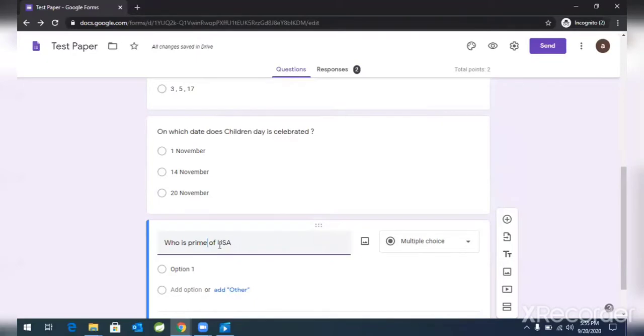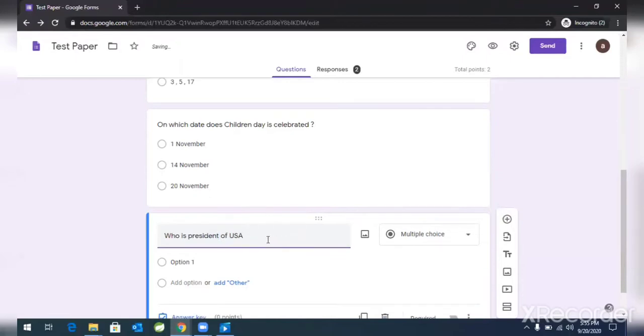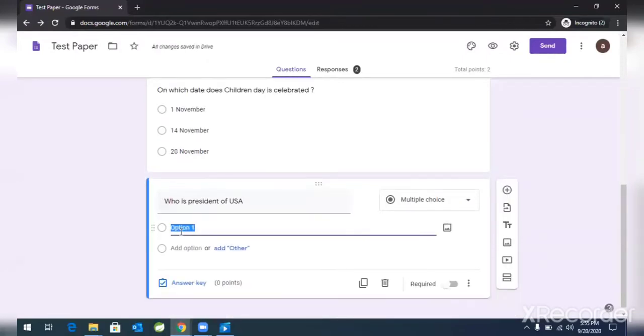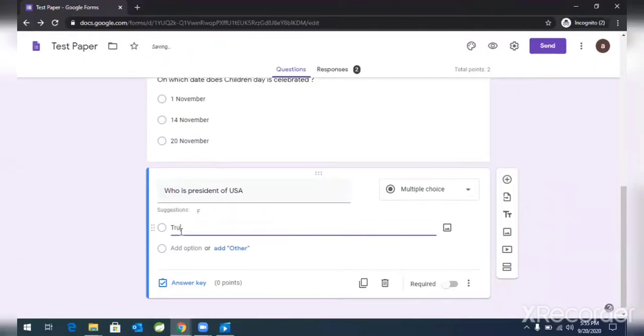I'm going more into the political part rather than a mathematical question paper. So let's say you can put some names as options, real values, Trump.